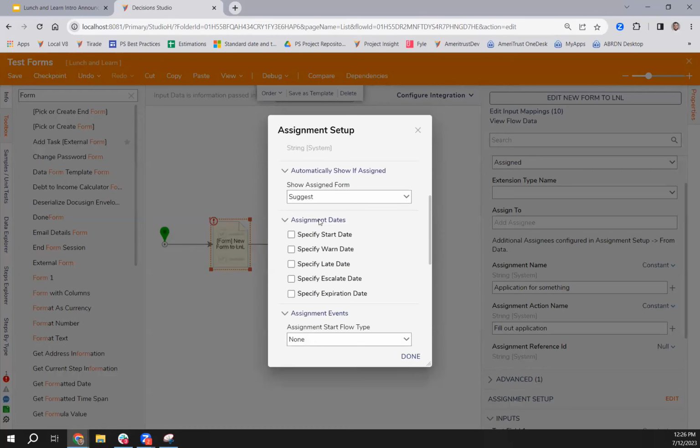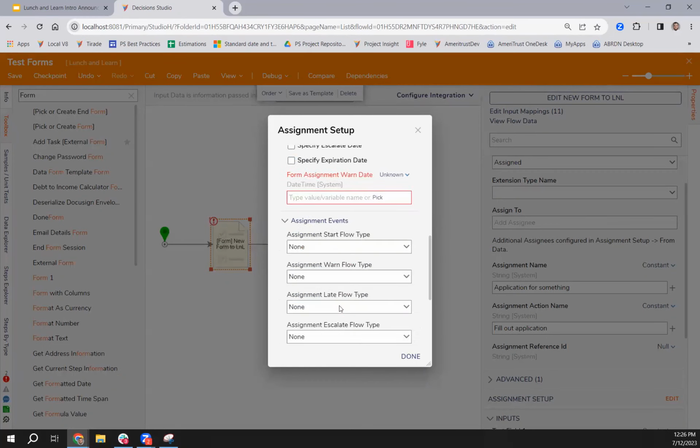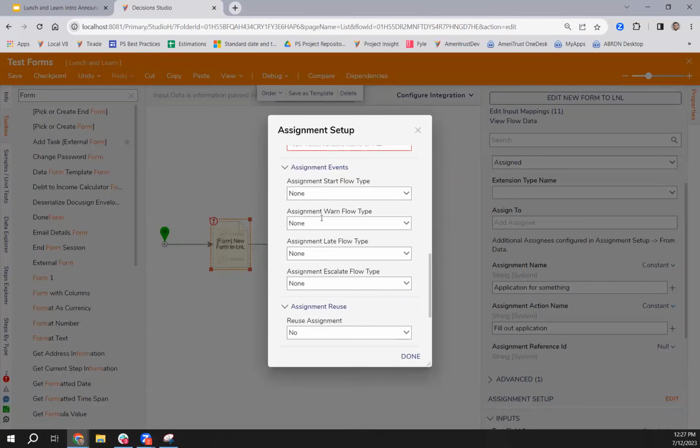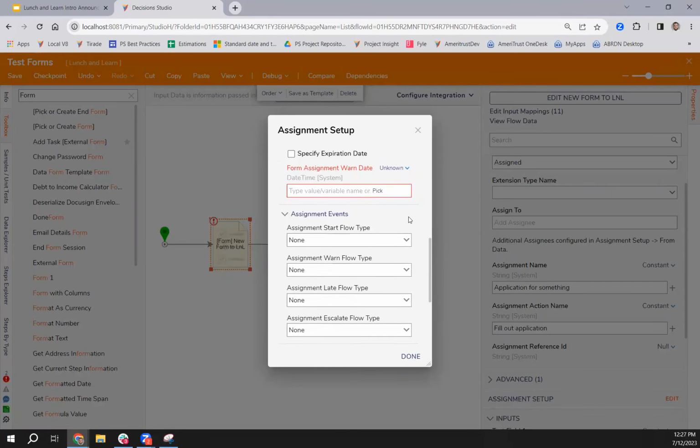So the next thing that you can do with assignments is set different dates on it within this assignment setup. What these dates do is let you specify start dates, warning dates, late dates, escalation dates. These don't have a specific meaning to them. I mean, they're different data points, but you can use them how you interpret them. So for example, you could specify a warning date. With this warning date, you'll get the ability to add a warning flow type. What this flow type does is it means when you hit a warning date, or the date that you set,